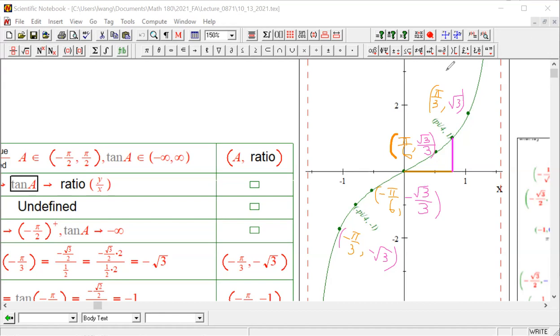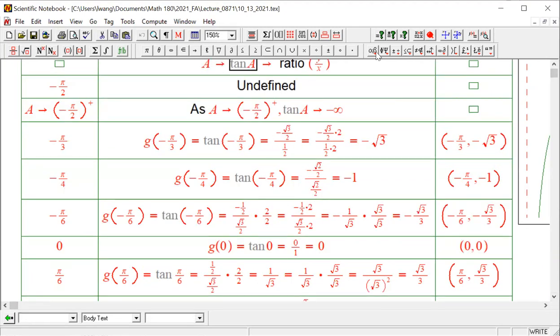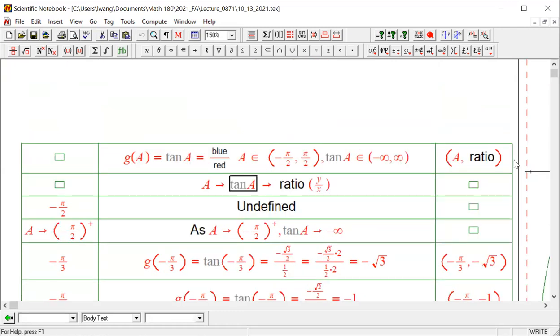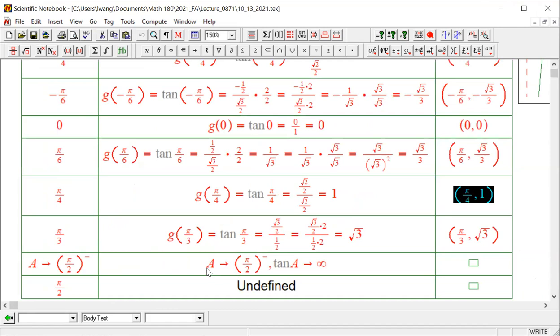Okay. All right, so now I'm going to clean this up and let you look at the table. We hopefully have a complete understanding of this table, referring to the graph. And not only do we have these points in the middle, those special angles, we also have these at the